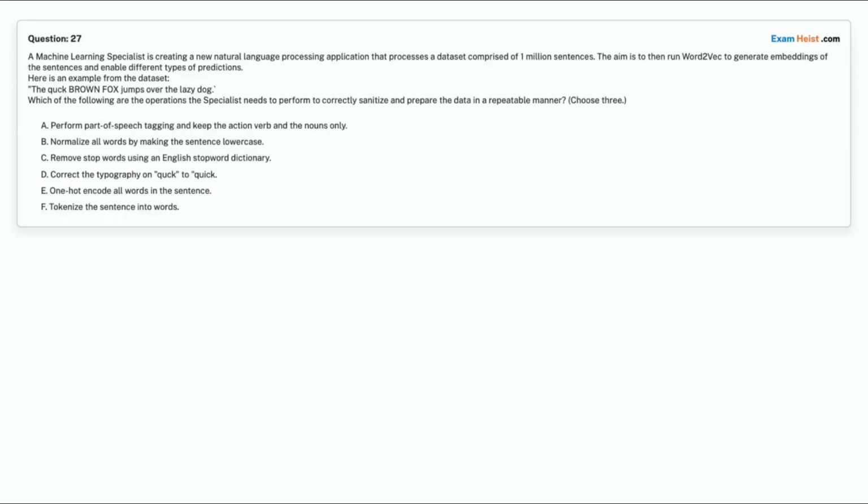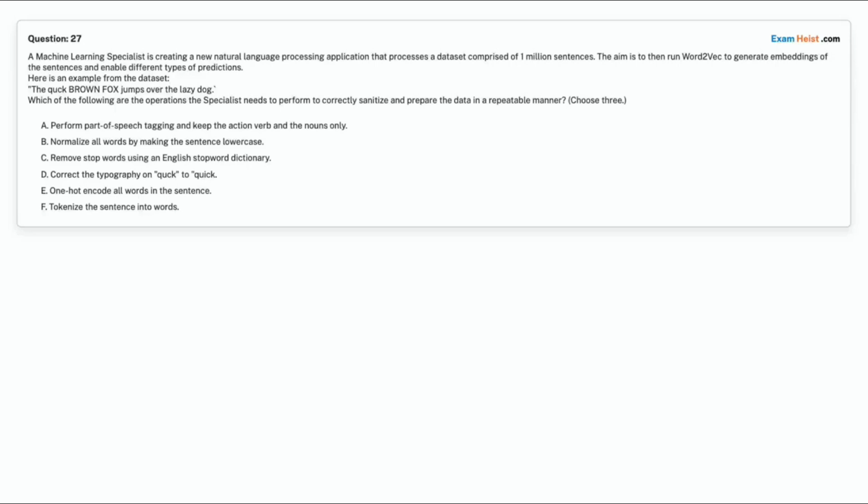Question 27. A machine learning specialist is creating a new natural language processing application that processes a dataset comprised of 1 million sentences. The aim is to then run word2vec to generate embeddings of the sentences and enable different types of predictions. Here is an example from the dataset.